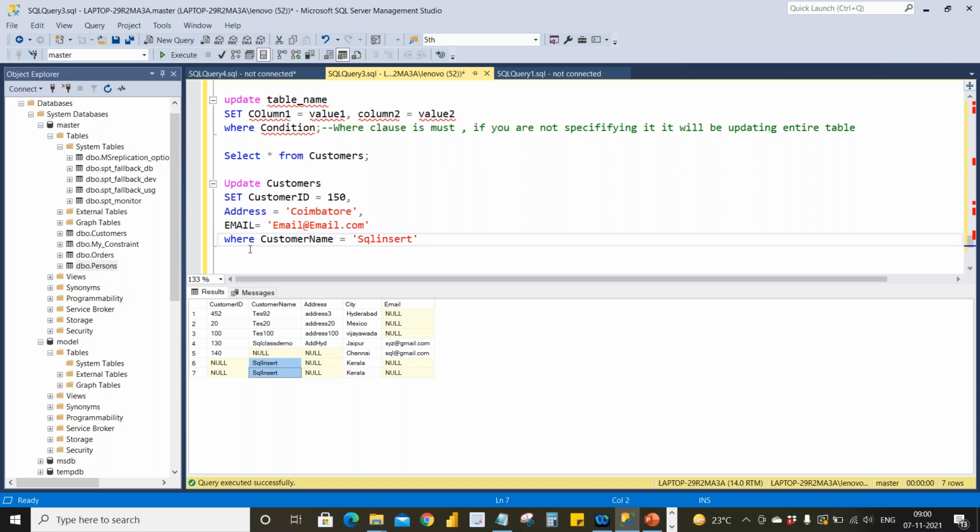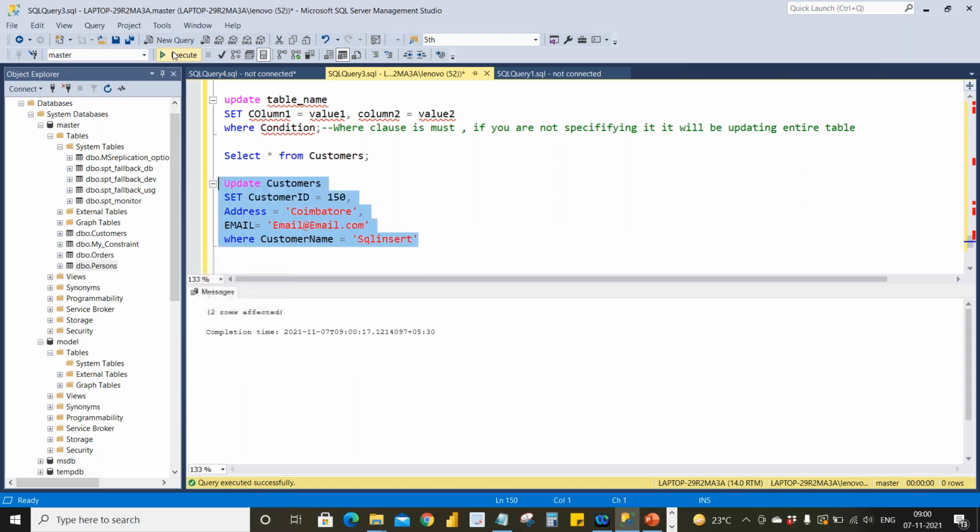That's why it will take both the rows and update both the rows. Now, if you can observe, yes, two rows got affected.